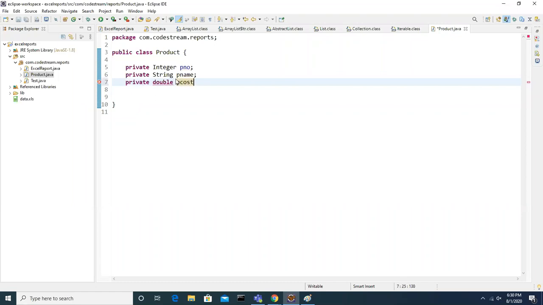That means product cost. You can use a primitive data type or you can use the class also. Anything is fine. So I just declared it.